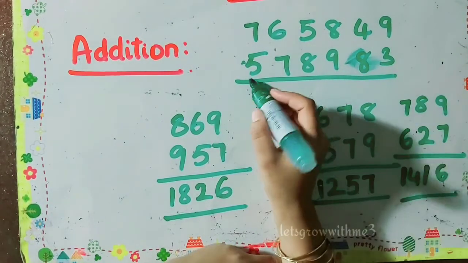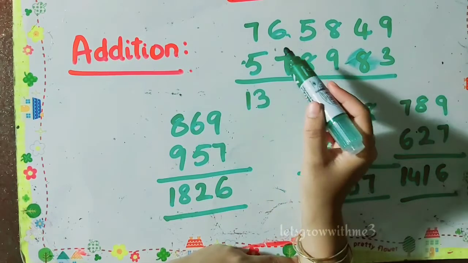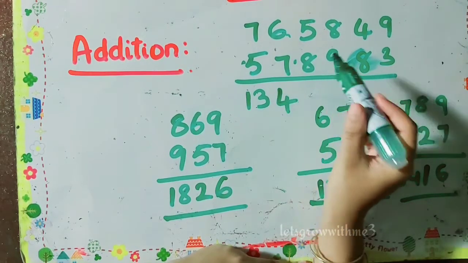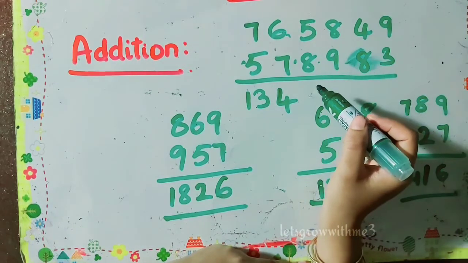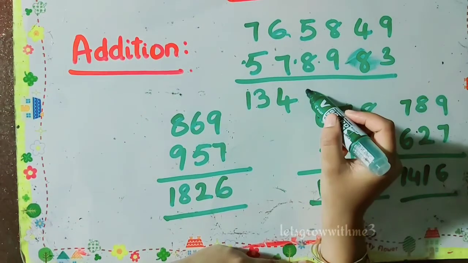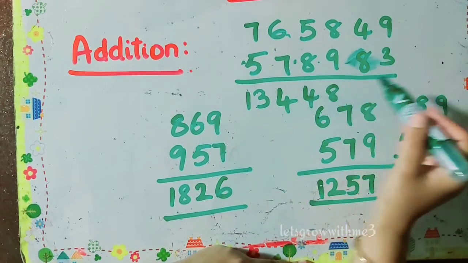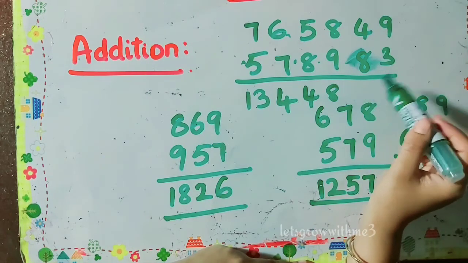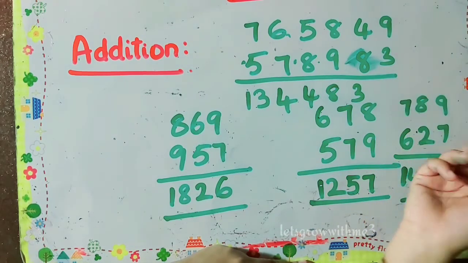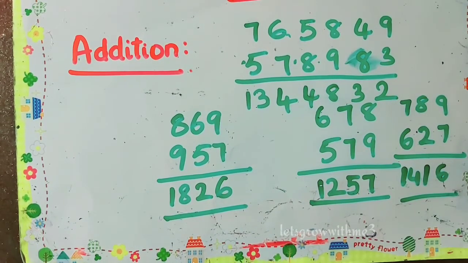So let's do 9 plus 3, which is 12, so we write 2 and carry 1. 4 plus 8 is 12, but because of the carry combination it is 13, so we write 3 and carry 1. 8 plus 9 is 17, but because of the carry combination 18, so we write 8 and carry 1. Then 5 plus 8 is 13, but we write 14 because of the carry combination. 6 plus 7 is 13, but I am writing 14. 7 plus 5 is 12, but here I am writing 13 because of this carry combination. So the answer is